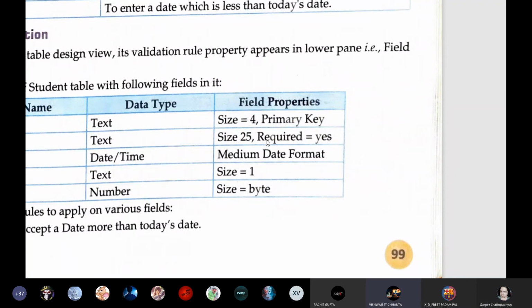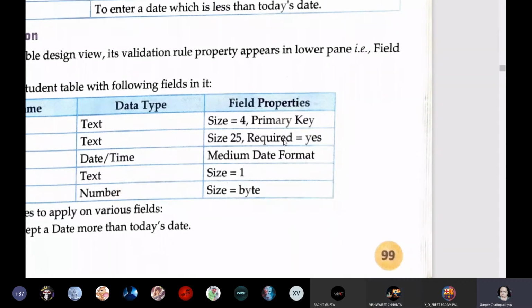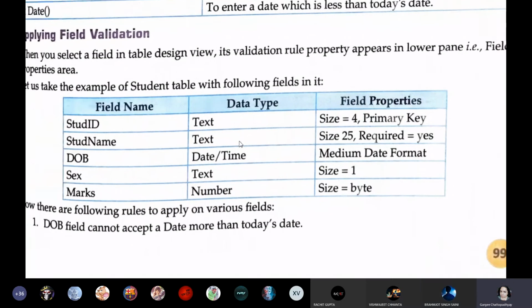It should be of 25 letters size. Okay, that is okay. And what do you mean by this required? What is required? Anyone else? Question is open to anyone. Ma'am, that this field cannot be left empty and some value has to be given to it. Yes, very good. This field cannot be left empty.